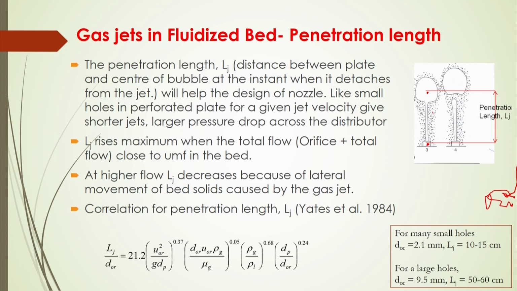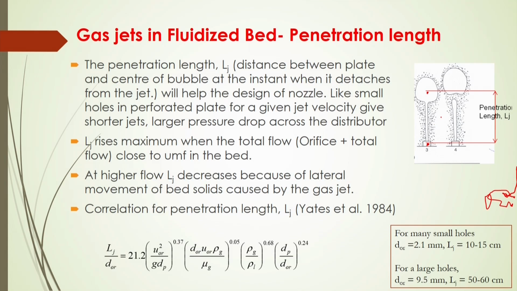Larger pressure drop across the distributor. In this case, LJ rises to a maximum when the total flow through the orifice is close to the minimum fluidization velocity in the bed. At lower flow rate, LJ increases, whereas at high flow rate LJ decreases because of lateral movement of bed solids caused by